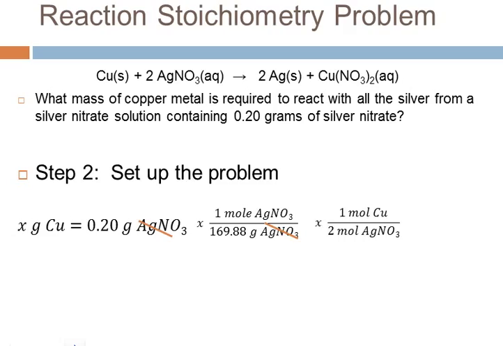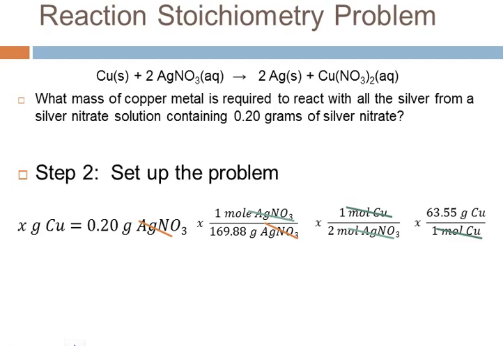I know that 2 moles of silver nitrate react with 1 mole of copper. I get that from the coefficients of the balanced equation. So the mole of silver nitrate unit cancels, not the numbers, just the units. And then I can take my moles of copper and convert that to mass of copper in grams. So I know that 1 mole of copper has a mass of 63.55 grams. So the unit moles of copper also cancels out. So now I know that since my unit remaining is grams of copper, that matches what I was solving for,